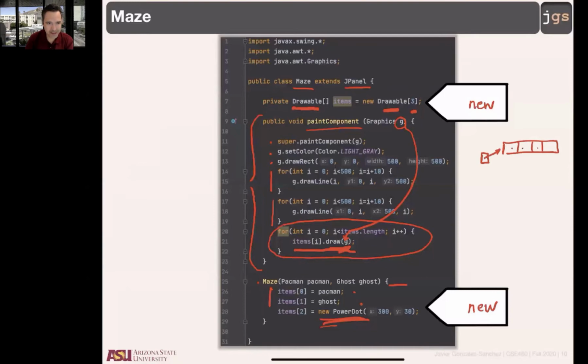But if you have an array like this for objects, this array is an array of references, pointers to the real objects. So in order to put something here, you need a new, and that new is going to create the element itself. And the same for the others. So talking about arrays with objects like these, items, I need the new for the array of references, and I need the new for the elements. I need you to remember